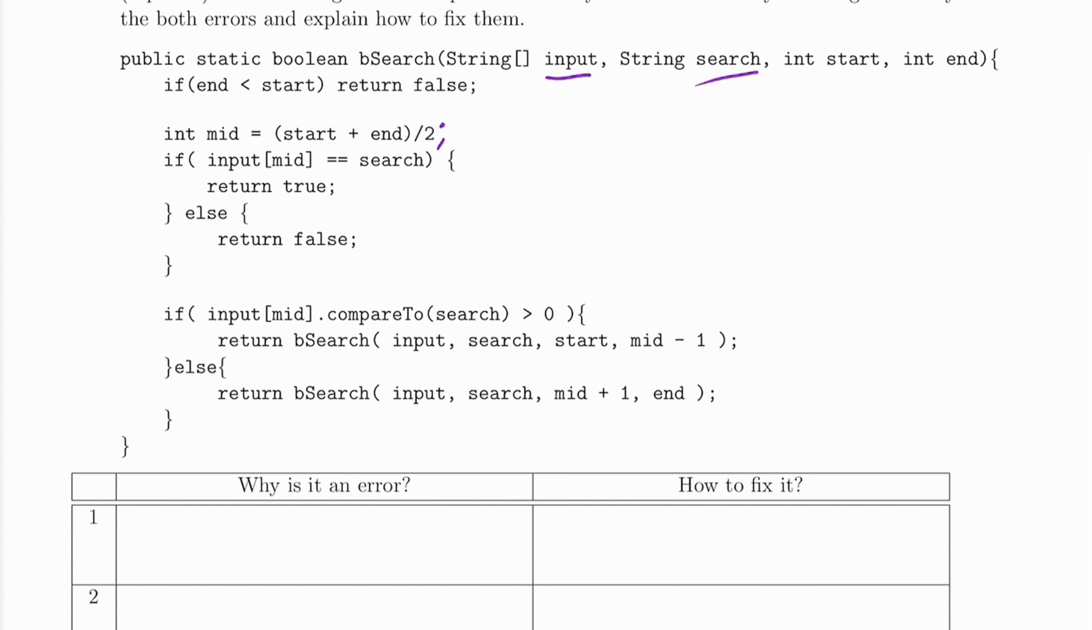So let's read through the code, and then we'll come back and try and find them. As is standard for binary search, the base case is when the end value is less than or equal to the start value, right? That means that we have some array and end comes before start, which means the range is negative. So that's okay. And then we set mid equals start plus end over 2, which